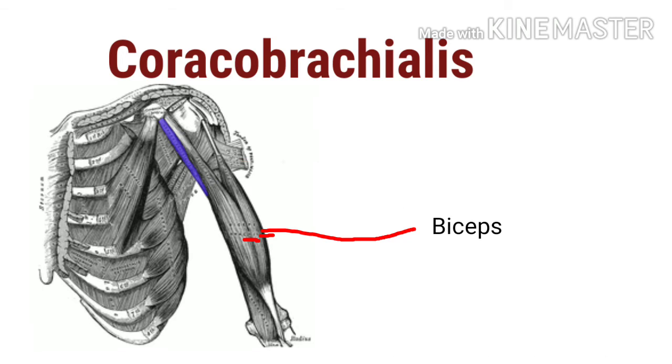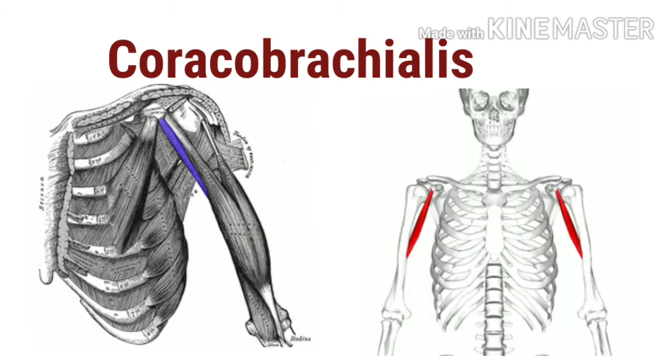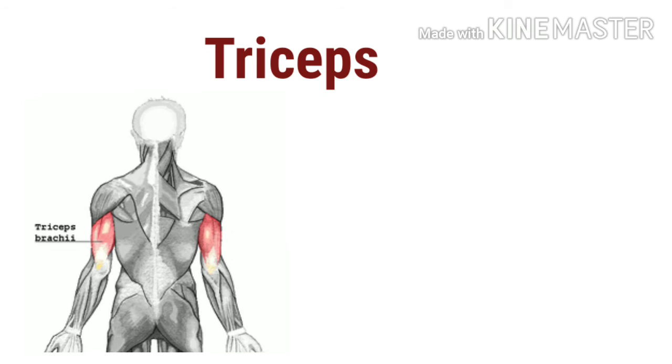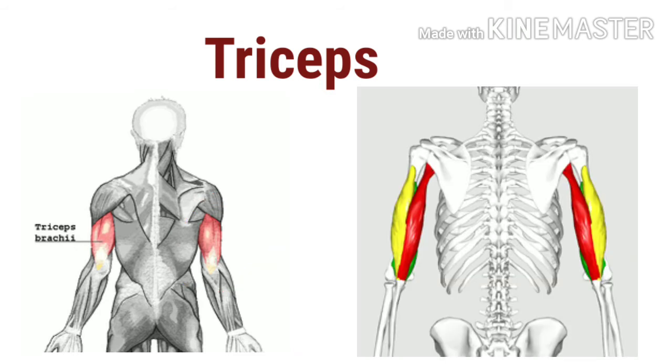The muscle passes through the axilla and attaches to the medial side of the humeral shaft at the level of the deltoid tubercle. Okay, so we will talk about the posterior compartment. The posterior compartment contains the triceps brachii muscle, which has 3 heads. The medial head lies deeper than the other 2, which cover it. The long head originates from the infraglenoid tubercle. The lateral head originates from the humerus superior to the radial groove, and the medial head originates from the humerus.